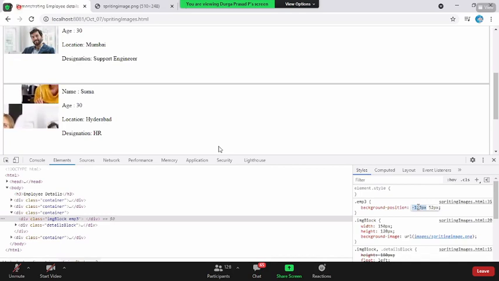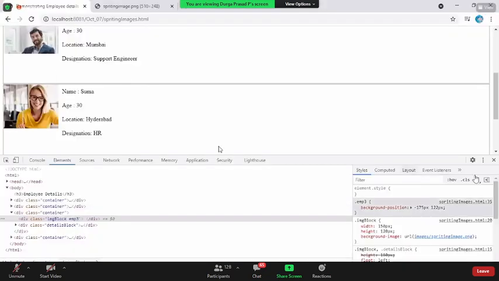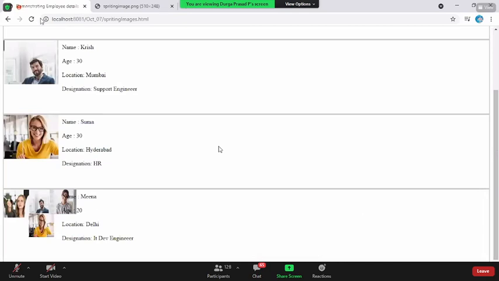I'm just using the up and down arrow so that it will be easily moving over here. Up arrow. Now I'm changing this one also. You can see at the bottom right how I'm actually changing the value. This is how I can see the sprite value. Now I got to know that it is minus 175 pixel and 122. Copy these values and simply add them to employee 3. Save this, come back here and close the page.